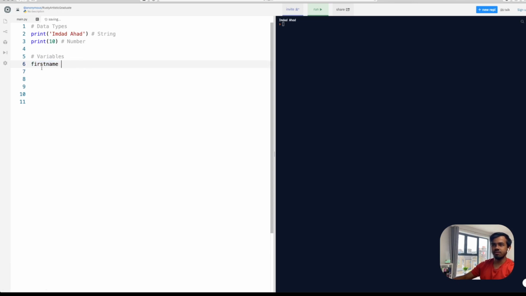This is telling Python that I'm going to create a new variable, right? And then to be able to put something into that variable, you need to use two more things. So the first is put an equal sign. That's quite straightforward. So you have the variable name, you put an equal sign, and now the magic. What do you want to put inside this variable? So this is the variable itself, and this is the value, the thing I want to put inside the variable. I'm going to type in imdad because that is my first name.